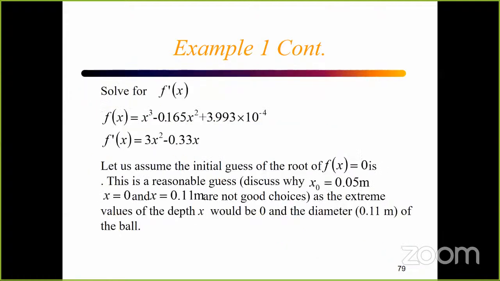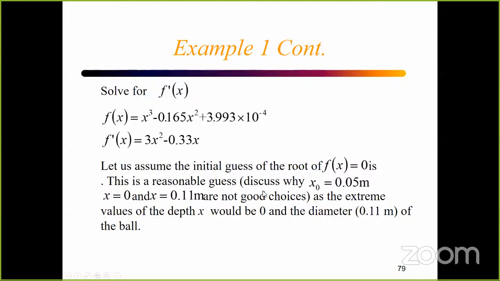Let us choose the derivative f prime of x. f of x is like this. f prime is 3 times x square minus 2 times x, and this is a constant. Let us assume the initial guess of the root when f of x is equal to 0. This is a reasonable guess. What should be the value of x? Let us assume x0 is equal to 0.05 meter,